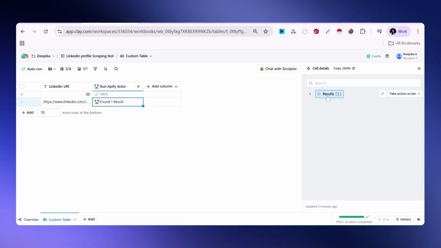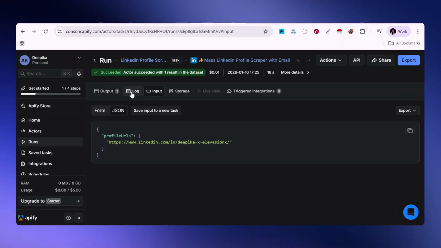Then I found this one. When you use a free account, you can only scrape using Apify. When you integrate into Clay or any other platforms, you need to purchase the paid plan. That is what the result is saying, like the error: the actor was run successfully, but we didn't get any information. Users on the free Apify plan can run the actor through the UI and not through other methods. This is what I said previously. If we run this actor in Apify, we'll get the output.